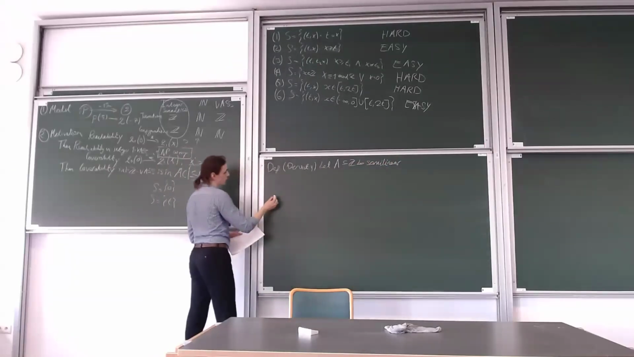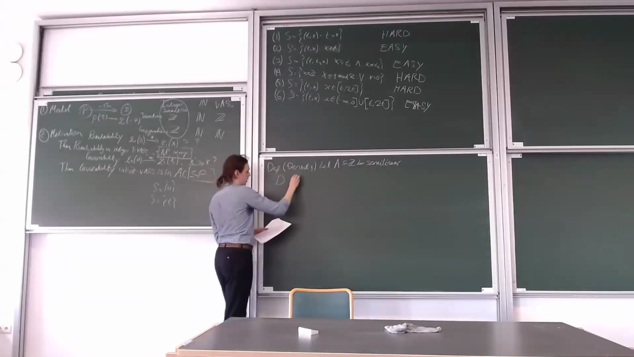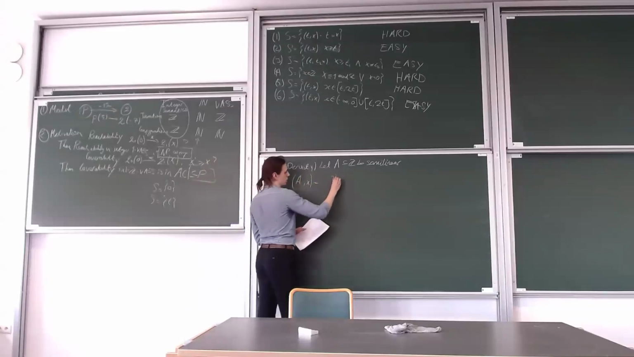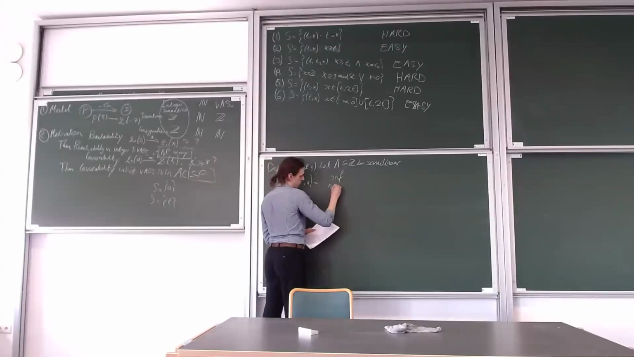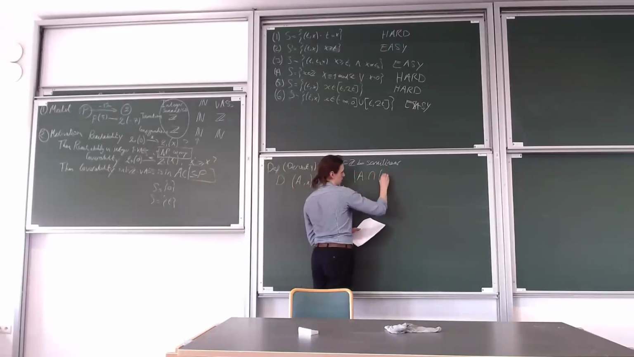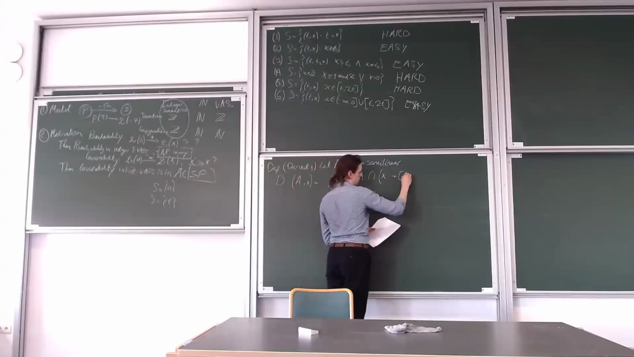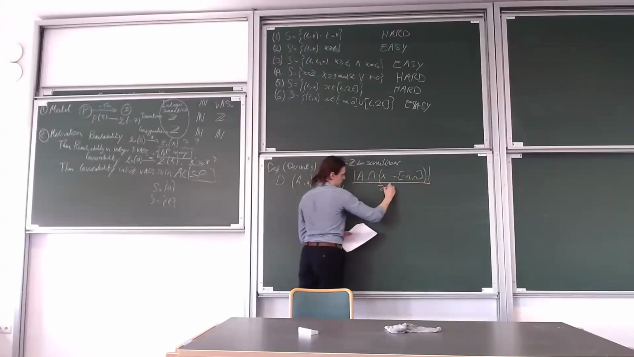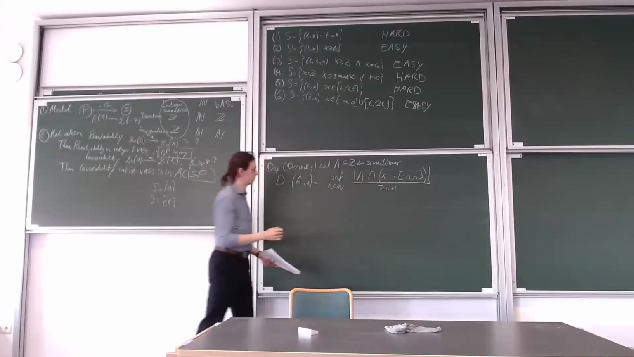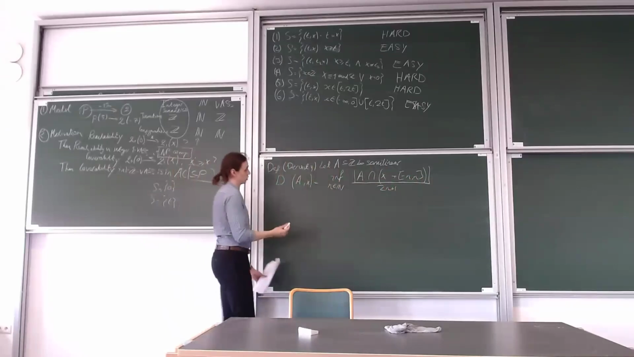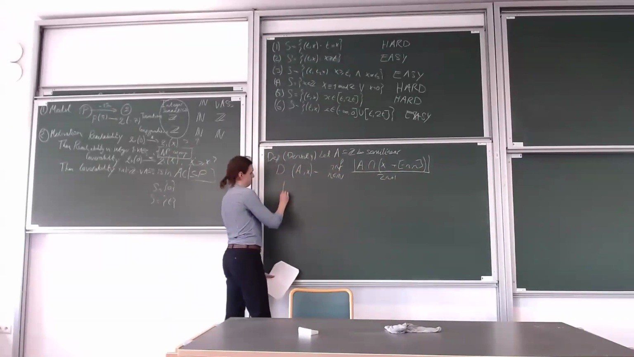I'm going to define D of Ln to be the infimum over the matrix of how A intersects with an interval of size 2n plus 1 centered. So to give a picture,